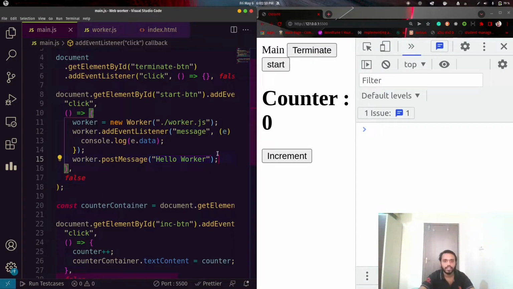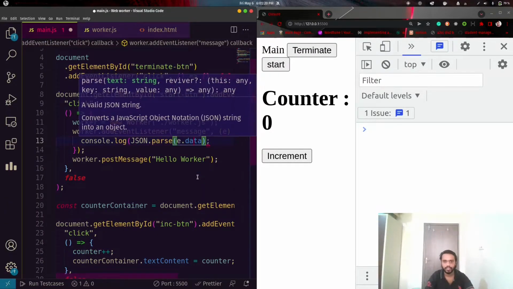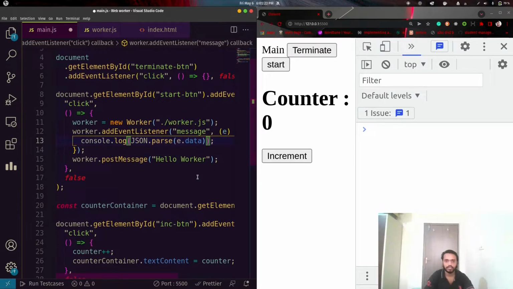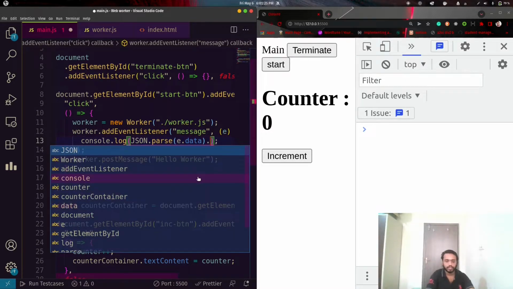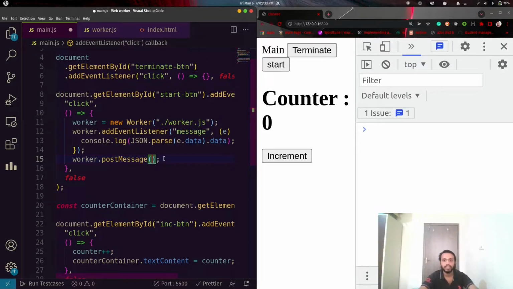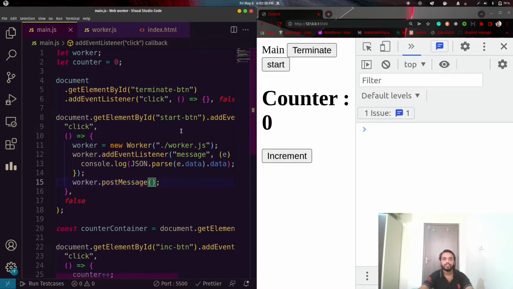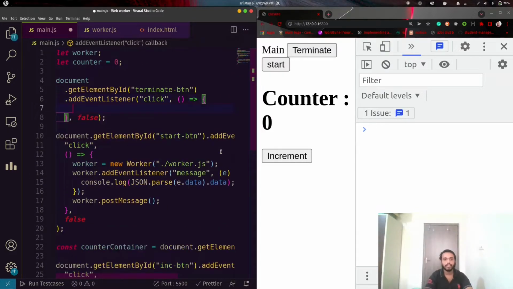In the main thread I first deserialize it, then in the data key we have the data, and now I am not passing any data to the worker. We can also terminate a thread forcefully.